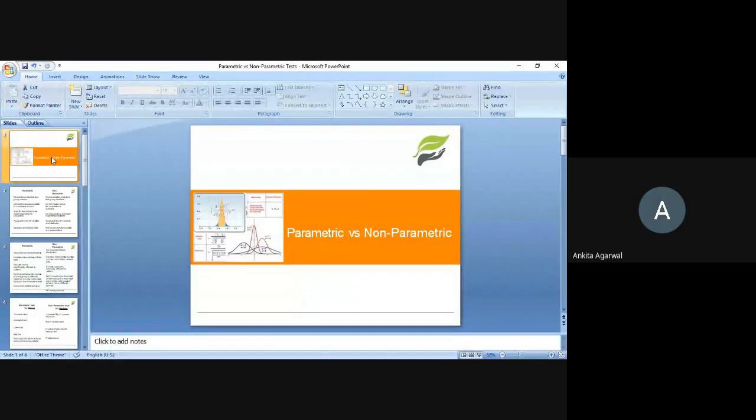Okay, ma'am. So gradually we are moving on to the different types of tests. I hope you have already started doing your research work. If not, please do it as soon as possible. First, do the literature review. Start with the literature review. Once you do the literature review, 10 to 15, maximum 15 literatures you review, and after that, you write the introduction section. In the introduction section you can also include the hypothesis section.